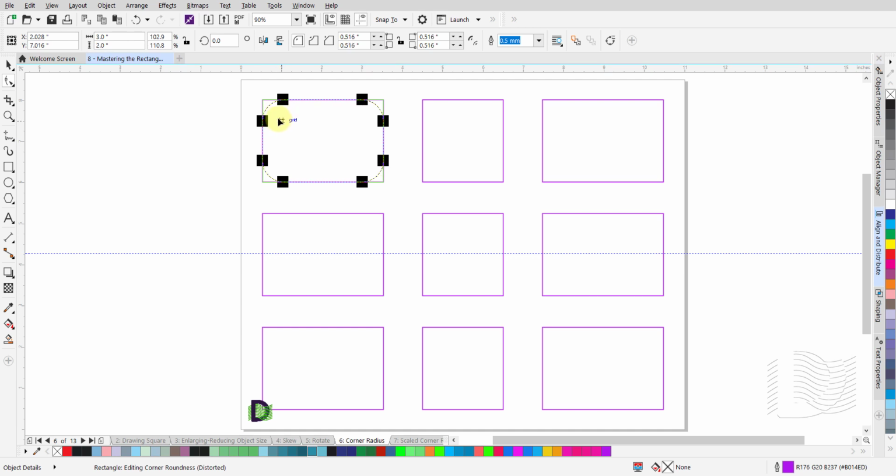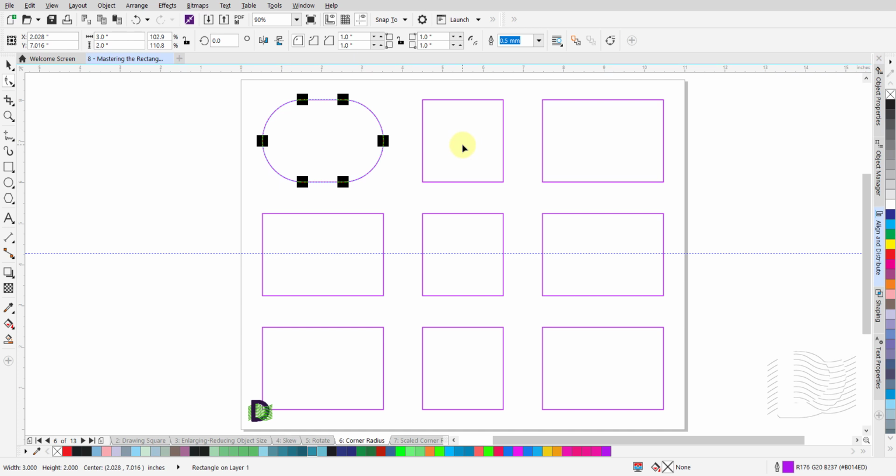Notice that the corners that had 90-degree angles get rounded as you move the mouse away from that corner. If you take a look at the corner radius group up in the Properties bar, you will see the radius values of each corner changing along with the movement of the mouse. Drag the mouse all the way and release the mouse button. Notice the change in the shape of the object that started out as a rectangle.